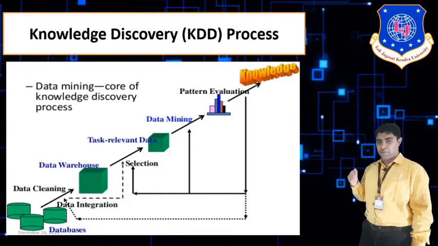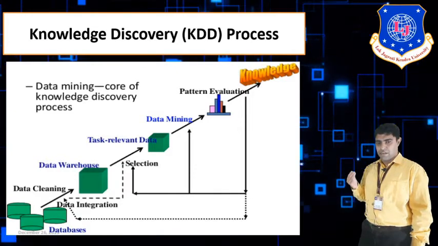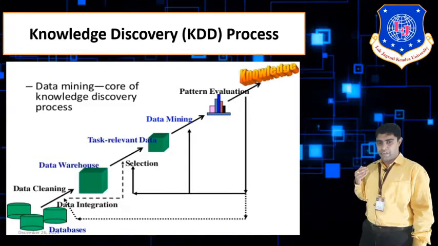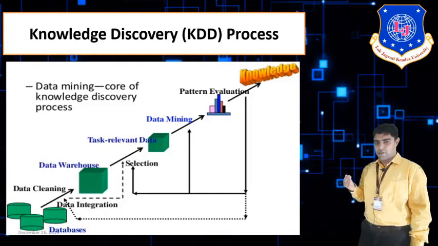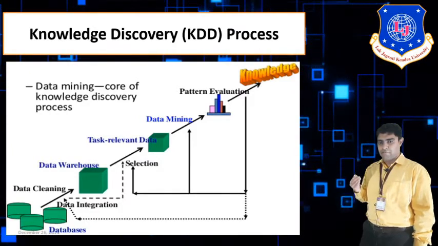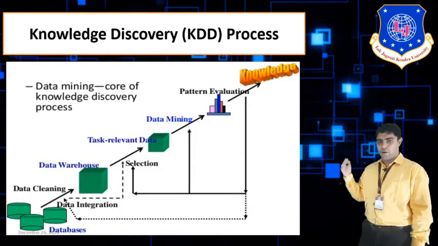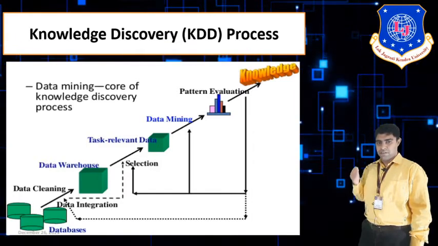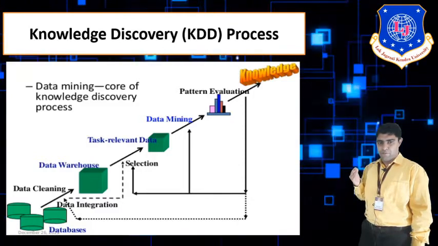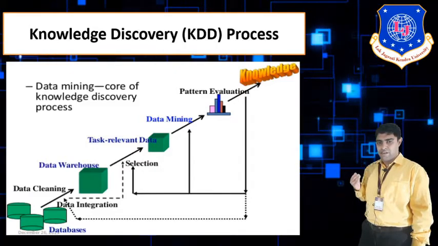After that, different data mining techniques can be applied, like association rule mining, classification, clustering, prediction, etc. These are the different types of techniques which can be applied on the data. After that comes pattern evaluation, where we evaluate the patterns and describe the results from the mining analysis. Data will be analyzed, and after that knowledge will be discovered. So this is the whole diagram for the data mining process, known as the KDD process, knowledge discovery in database. We will now see the steps in detail.